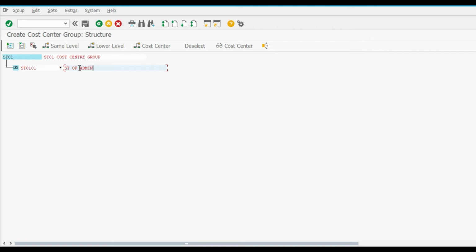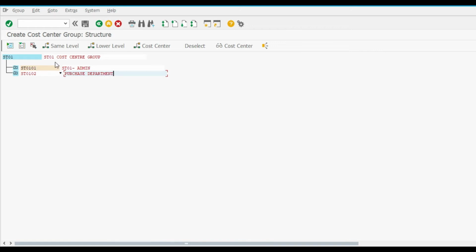ST01 admin. Now same level, ST0102, ST01, you can say purchase department.